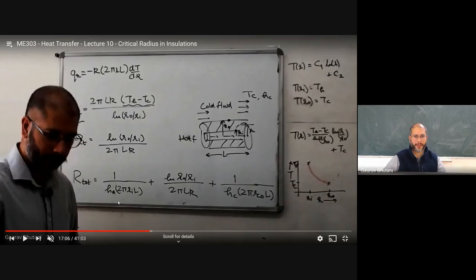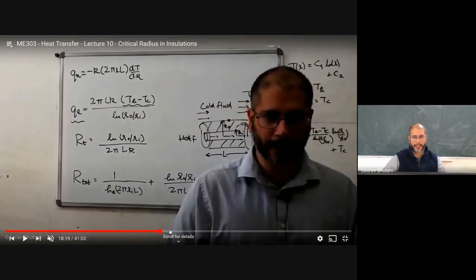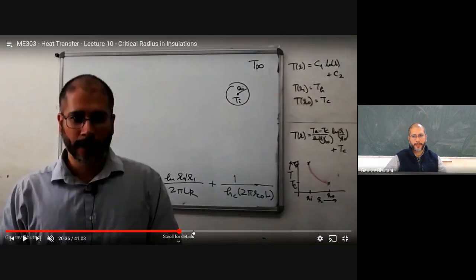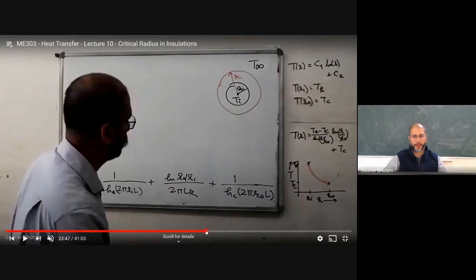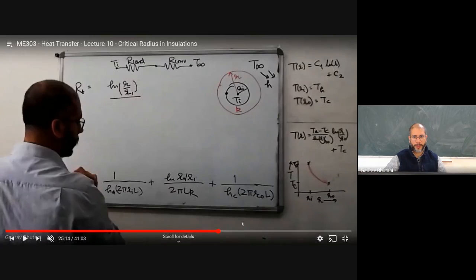So we had a convective resistance from the inside, then a conductive resistance of the insulation, and then a convective resistance from the outside cold fluid. Yeah, so this idea was then extrapolated to find a critical radius. What we said was, we removed the inside resistance. We said that we have a solid body now, and the only resistances we have are conduction in the insulation of an arbitrary thickness r, which we're trying to optimize, and then a convection resistance because of the cold fluid outside.